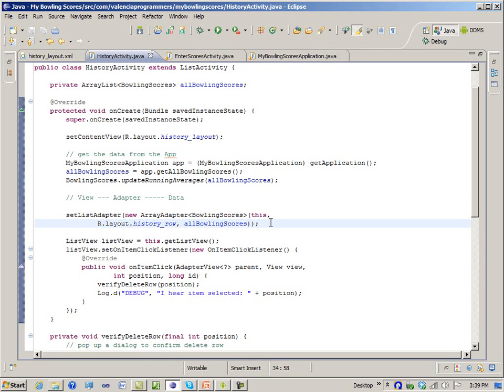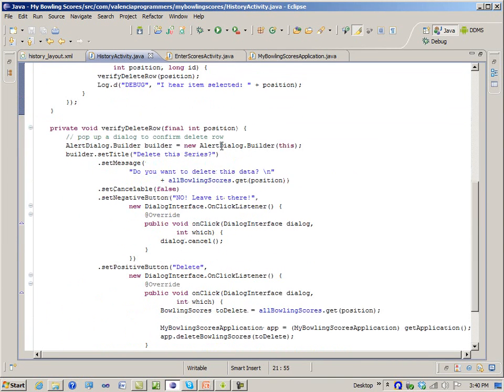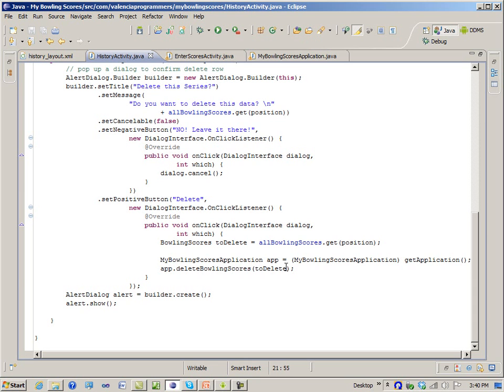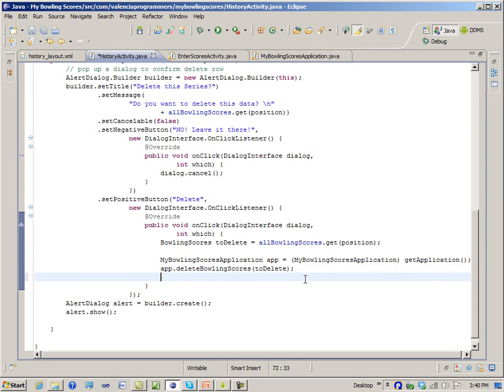So when we go back and try and select something else from the list, we get this unhandled exception saying that the list view isn't doing what it's supposed to be doing now because the data is different from when we set it up. So we can kind of have an understanding of what's going on here, and what I'm going to do is call this onCreate method again. So onCreate, after we delete, use the application to delete one of the records in the database. I want to call onCreate, and the problem is we need to have a